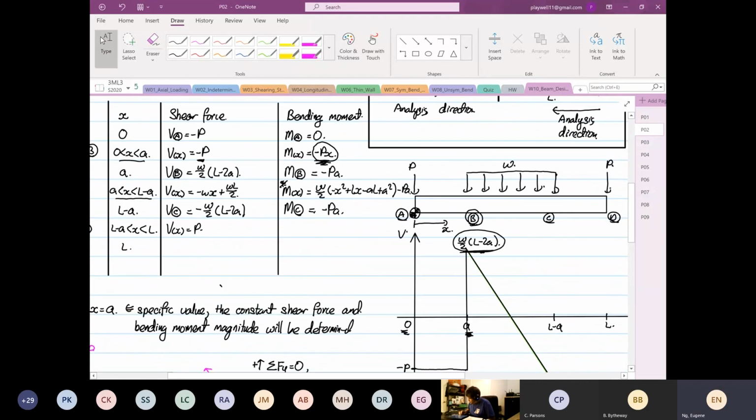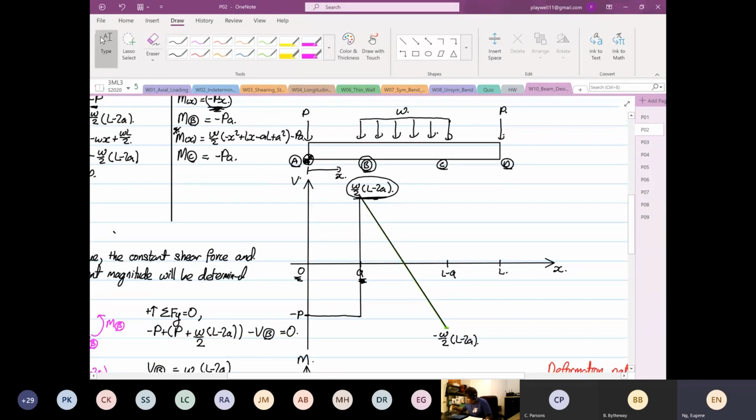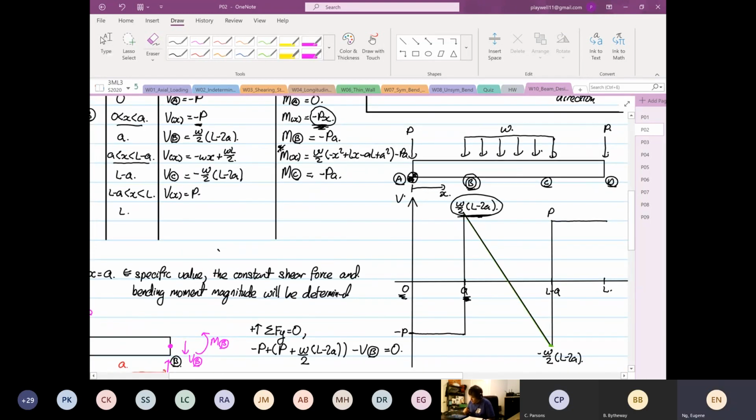Right. So on our shear force diagram, this will go back up to be a P. Right. So this will be a P. And then horizontally, because it's constant, yes or no? Right. It's a constant. And then the next one,